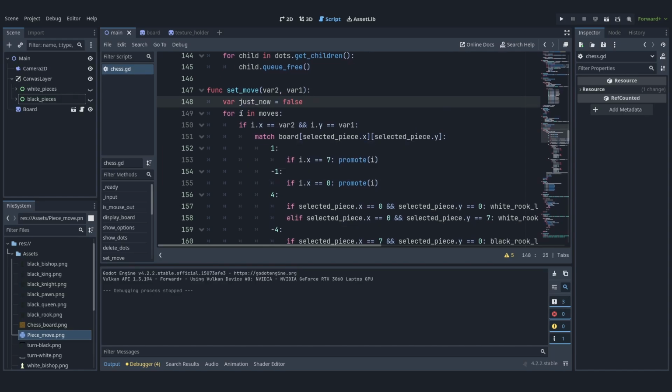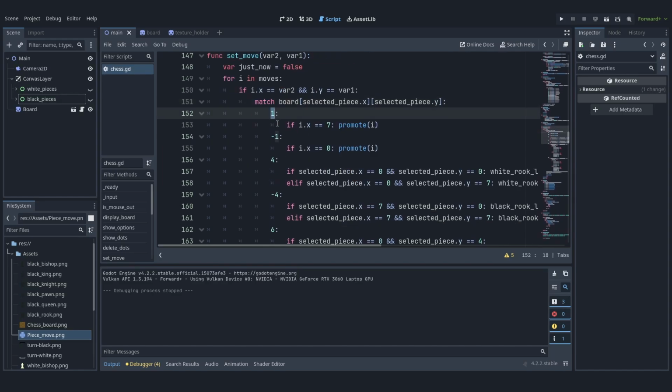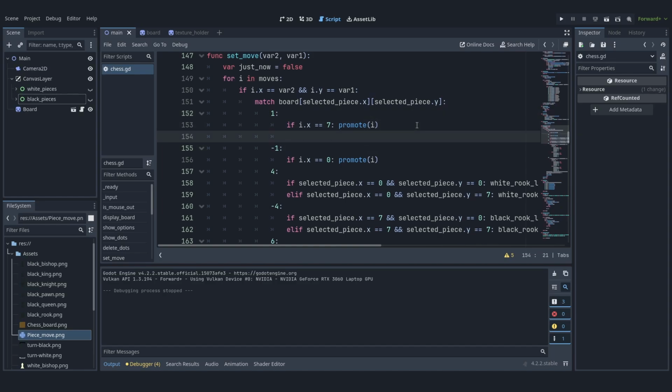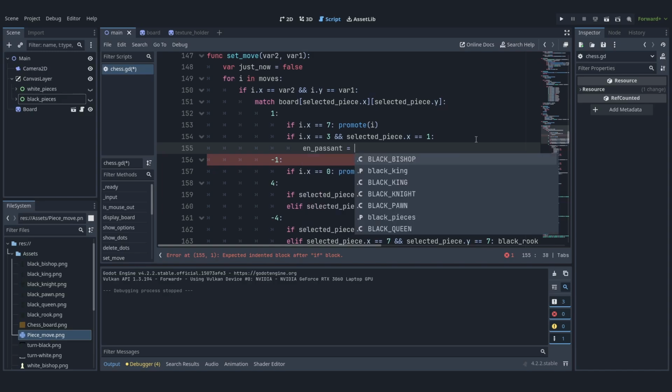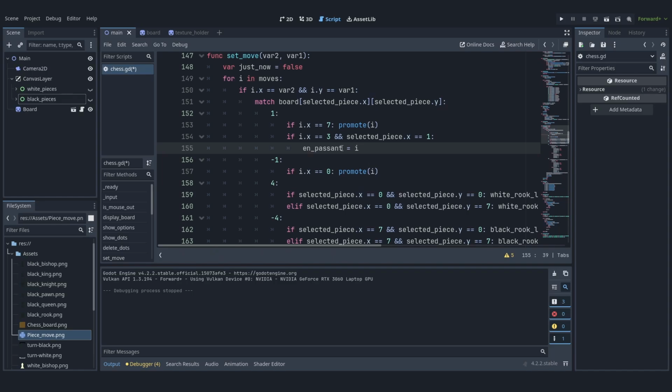Now we will go to our match once again, and here at the one if we move our pawn, and here we check if i.x equals 3 and selected_piece.x equals 1. This means that the move was a two square move, the first pawn move, and if it was, then we will set en_passant to be equal to i. Basically we are storing in this variable the pawn which moved two squares,